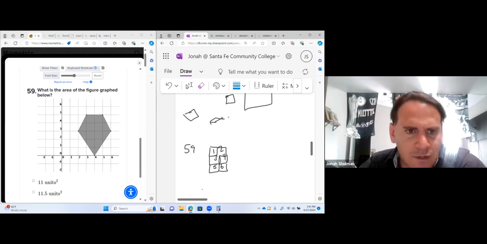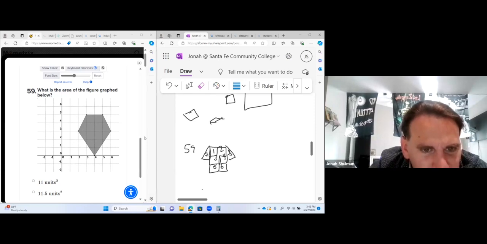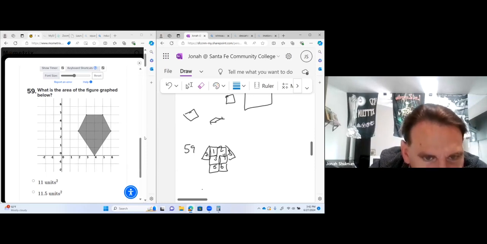Then I have these two right here, right? I got this business, which is 7, and I have this business, which is 8. And I have this piece. So this one matches to this one. So this is 9. That's 10. All right, so basically I'm dealing with this piece, this piece, this piece, and this piece.